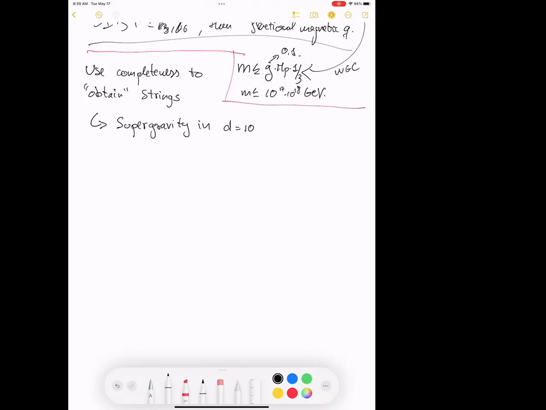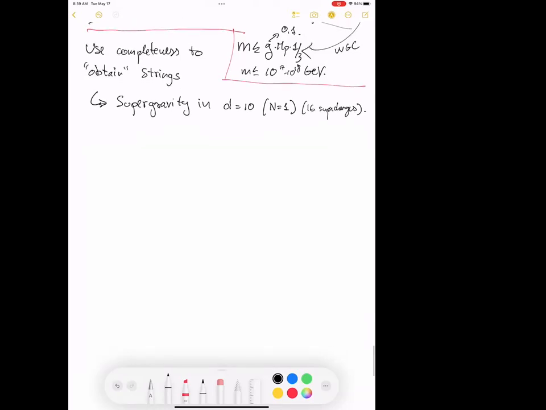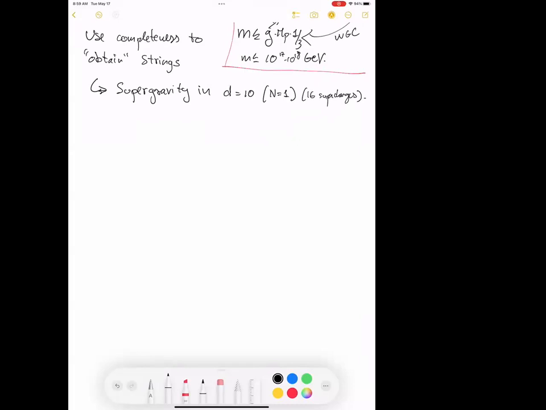So let me first describe the setup they were considering, okay? Usually when we describe supergravity in 10 dimensions, they were looking at the minimal supergravity you can have in 10 dimensions. So that's N equals 1, so that's 16 supercharges. Okay. So what is supersymmetry? Supersymmetry is a symmetry in the action that you can have in a theory that relates bosons to fermions,